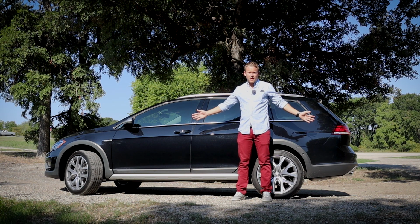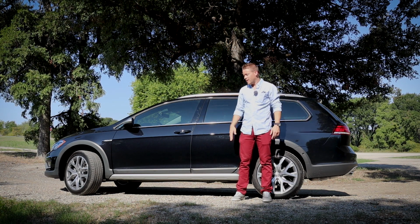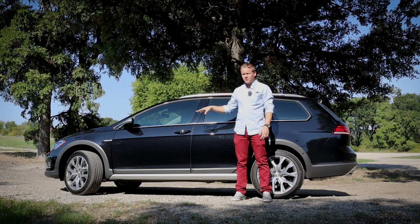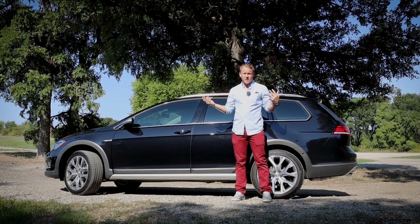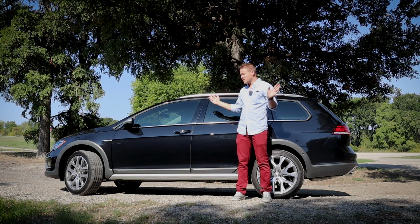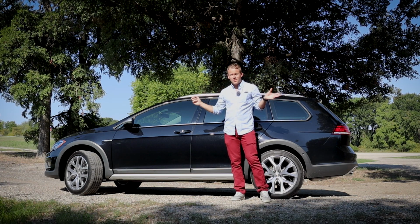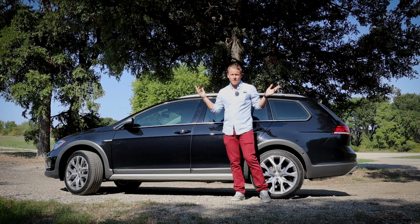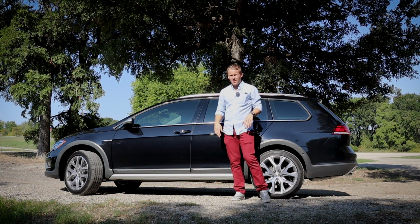Ever since the Alltrack came out in 2017, I had my eye on these, but they were kind of lacking the manual in the highest trim, which I wanted for a daily driver. I just kind of like having those creature comforts. So finally they've made this car, and I reckon that this is going to be the last ever manual wagon sold in the United States. I mean, someone maybe could change my mind and introduce one going forward, but I don't realistically think that's